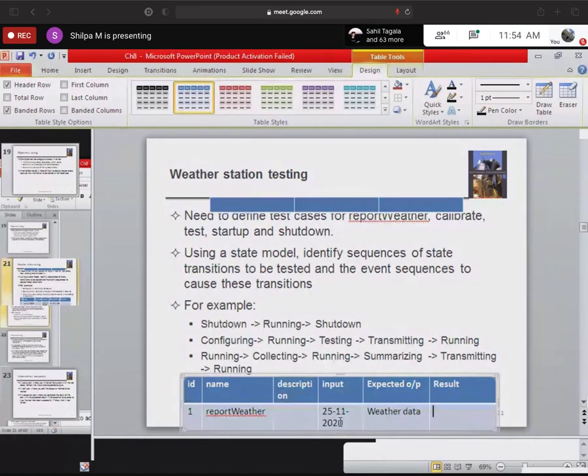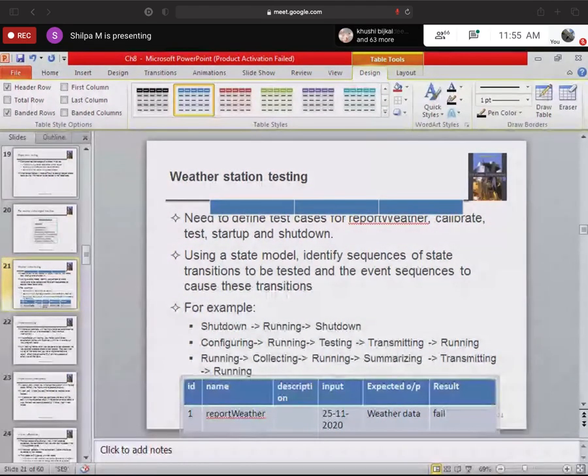Now if he gives the same input like this and gets the same output, then he will say pass. Fine. Let's say, for example, he is giving input like this, but the input is not being accepted, saying invalid date format or something like that, and you're getting an error. Then what will he say? He will say fail. Not only this, he will give this result or upload the result for everyone.